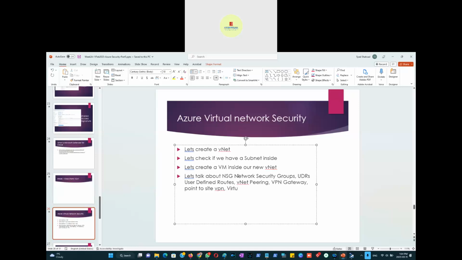We're going to talk about virtual LAN and virtual hub, and then encryption over ExpressRoute, right? Firewall settings. So what is inside the firewall? And then